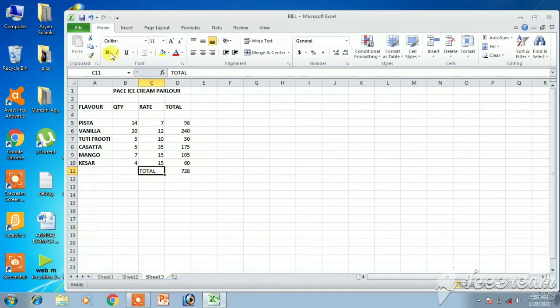You can select and format it, make it bold. Now you can check whether this answer is correct or not. This 728 comes automatically with the formula, and when I select the cells I will get the sum of these cells over there in the status bar. You can see the sum of selected cells is written. So now you can find out that this answer is correct.